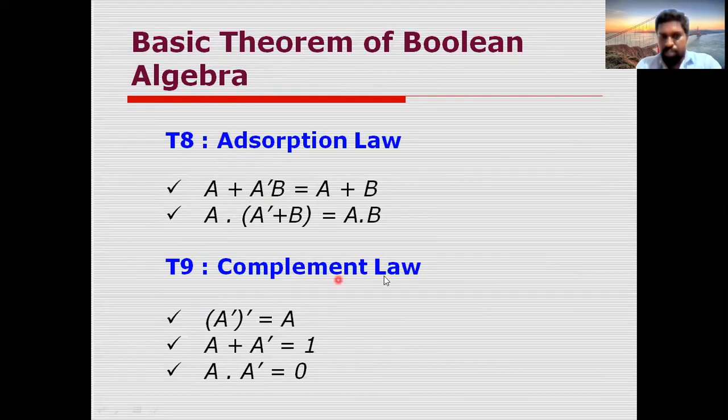Okay, next, what are complementary laws? A literal with double complement. A complement whole complement equal to A only. Any literal with double complement will be A. Why? Because the complements will cancel. Likewise, A plus A bar equal to 1. When a literal is added with its complement, you will get 1 as the answer. And when a literal is multiplied with its complement, you will get 0 as the answer. These are your complement laws. Why? Because we are using complements especially. So these are the important laws and theorems regarding Boolean algebra.